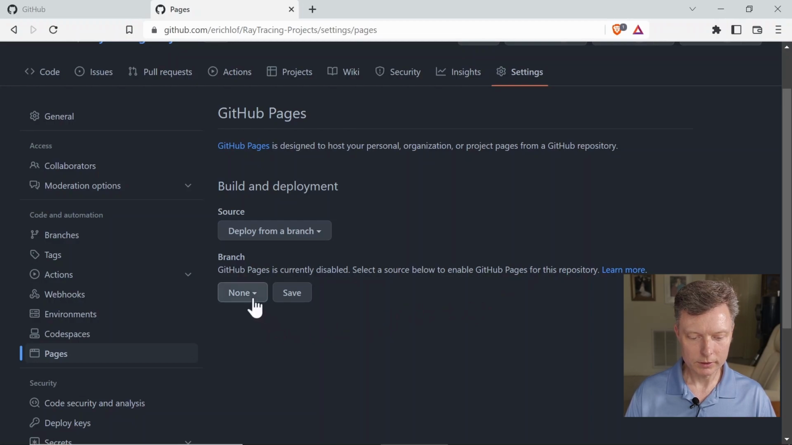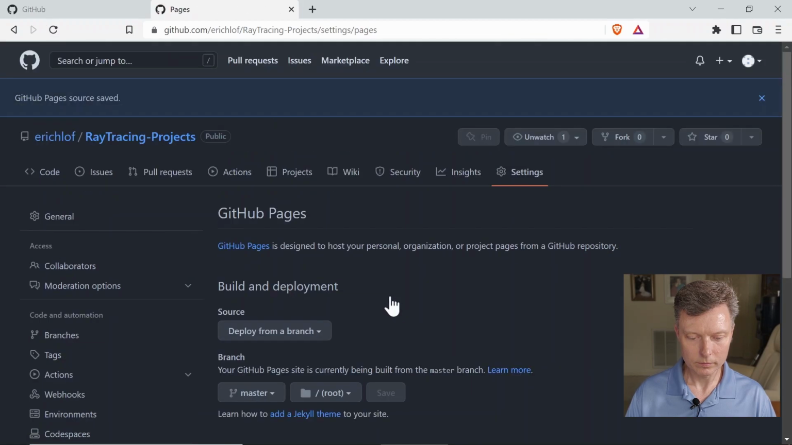So now let's click on this button here and then click on Master. And if you click on Save now, it says GitHub Pages source saved. Now, it might take a couple minutes for GitHub to actually start serving your website. So you can check on it by going back to Ray Tracing Projects